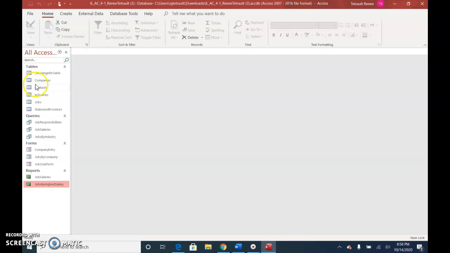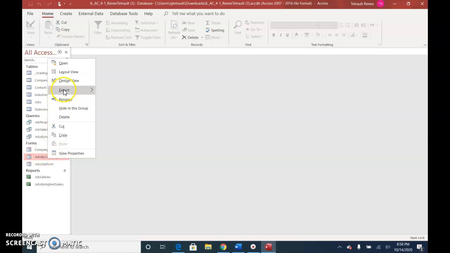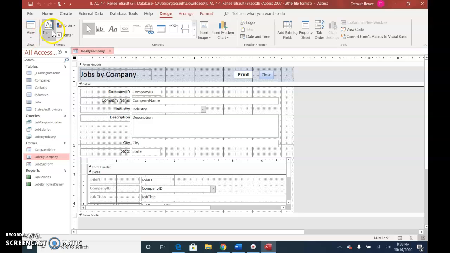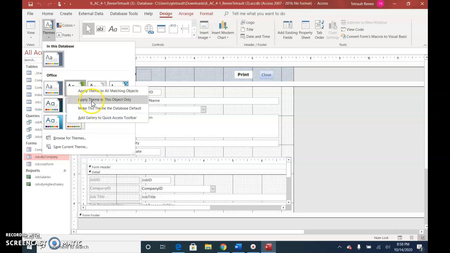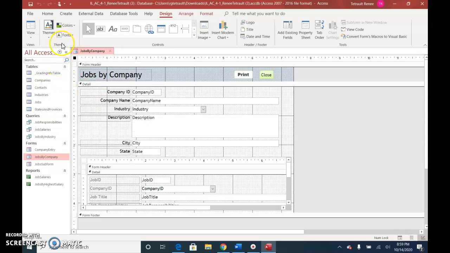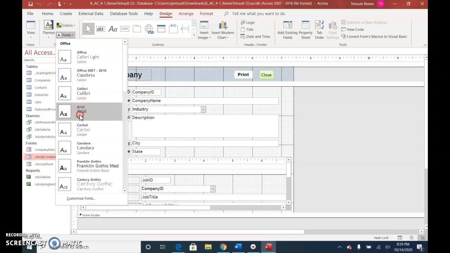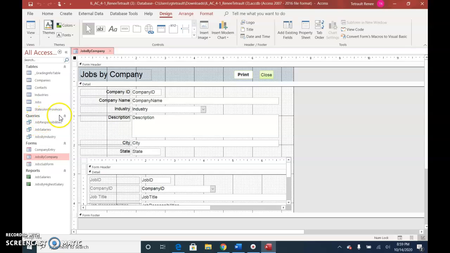And the last section, for the form, right-click Jobs by Company and choose Design View, and then select Themes, choose Facet, but right-click, don't left-click. You want to make sure that you apply theme to this object only. Do the same thing for fonts and select Arial. Right-click and make sure you choose Apply Font Scheme to this object only, so it's not to everything else. Click the close command button. We want them to